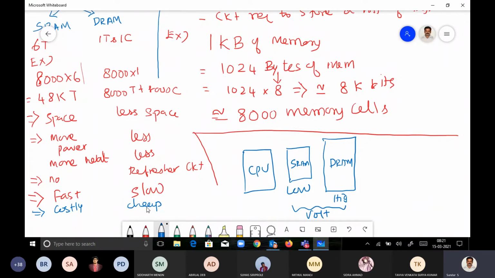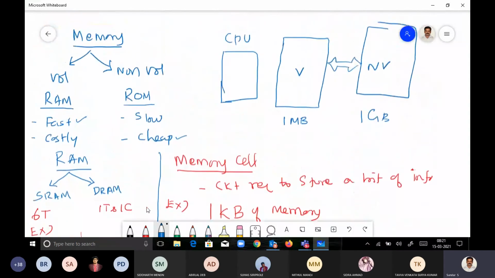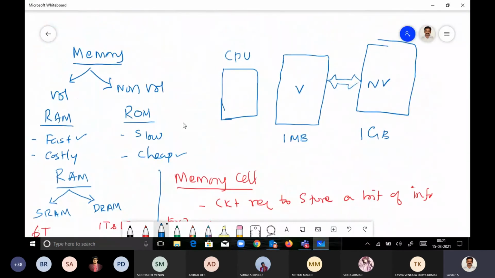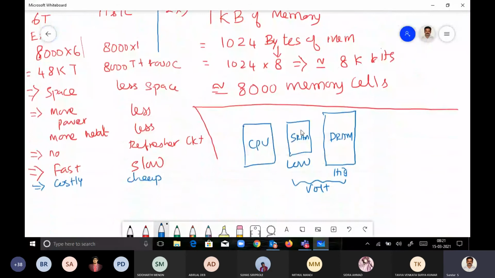Look here, let me go to the previous diagram. In the previous diagram, I used only one volatile memory right here. Now it is divided into two devices. Together it's a volatile memory, but internally it has two: a low capacity volatile memory and a high capacity volatile memory. Put together it's generally volatile memory. Then we have a non-volatile memory.